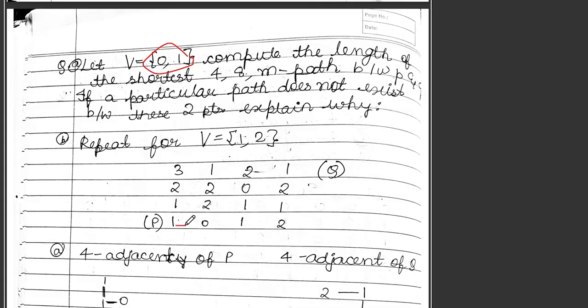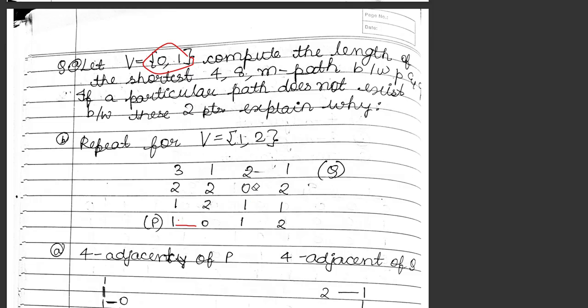Here we map from 1 to 0, 0 to 1. We can consider diagonal element mapping in 8 adjacency, then 1 to 0, then 0 to 1. Now you have to count the length 1, 2, 3 and 4, and hence 8 adjacency exists between the point P and Q. Now we'll look into the M adjacency path.